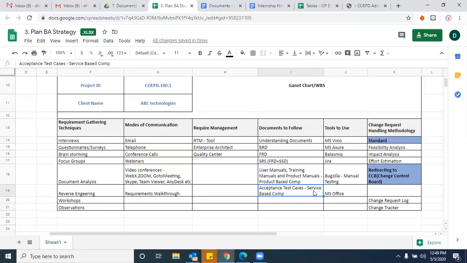Acceptance test cases we should prepare to facilitate UAT at the client end, so that based on the test case knowledge, the client will execute the test cases, and if he feels all are positive and all have passed, then you can go to the deployment phase. So these are the test cases with respect to the initial expectations. Initial expectation, exactly, correct. Client expectations, 100%. So those we call acceptance test cases.